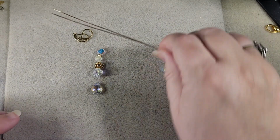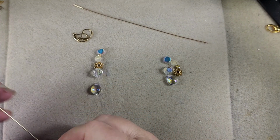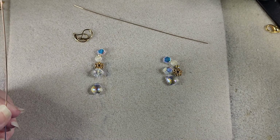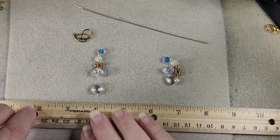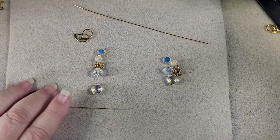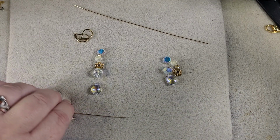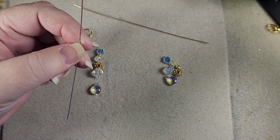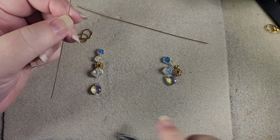So I have gotten 2 pieces of 20 gauge gold German style wire out. I believe these are about 5.5 inches. Let's check. Not quite 5.5. Probably didn't need any more than 5, but I prefer to have a little extra as opposed to not enough. The first thing we're going to want to do is put our